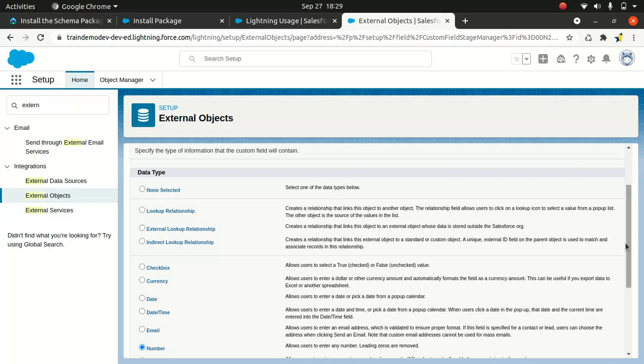I wanted to show you guys the kind of relationship you can make using an external object. Can an external object make an indirect relationship with another external object? Is that possible? Or can an external object make an external lookup relationship with a standard object? That's exactly what I wanted to show you guys, right? It's important for you guys to understand